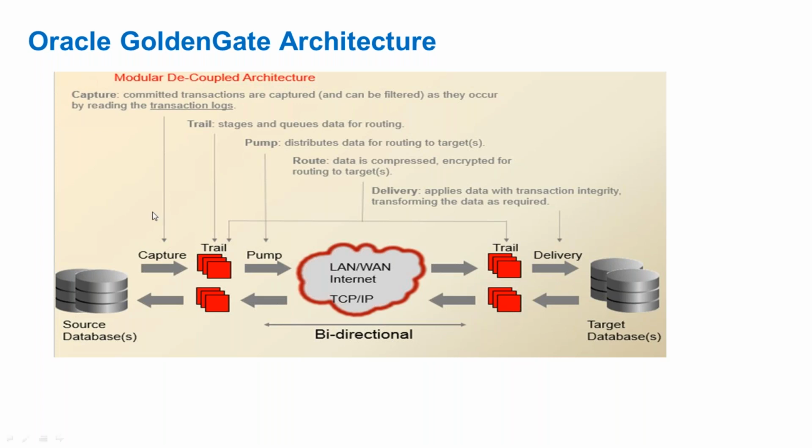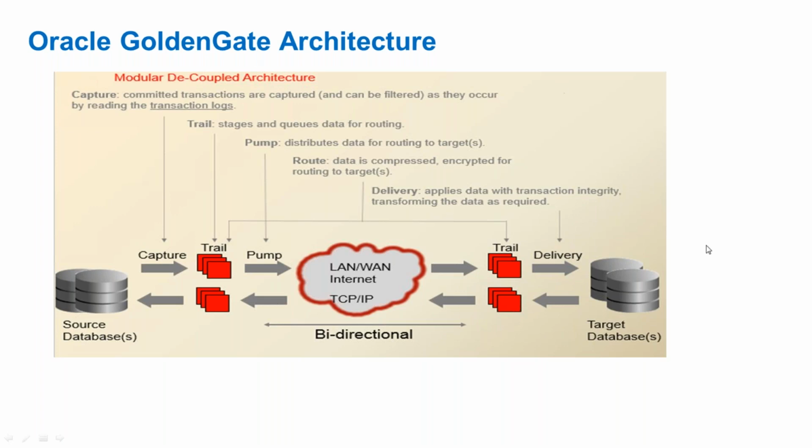Okay, so this whole is the classic architecture. What you are mentioning, what your doubt is, is that classic and integrated are types of extract and types of replicates. Under the classic architecture, you have two types of capture or extract available. Remember, the capture process is also known as the extract process, and the delivery process is also known as the replicate process. From now onwards, if I refer to extract, that also means capture, and if I mention replicate, that also refers to the delivery process.